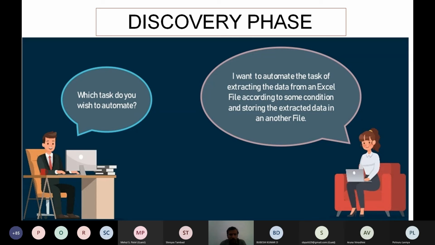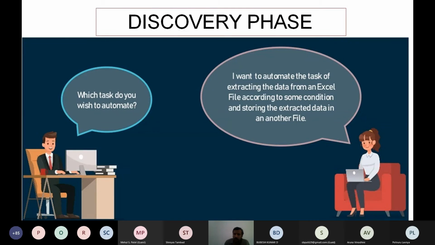Simple. The first thing you think is that it will be easier to do it using simple Excel or simple programming, but this data keeps updating every time. So we need to update this data also. So we need to develop a bot to look into this data set and give a condition to the bot. If this condition is met, you extract the data and store it into another Excel file. So this is your task.